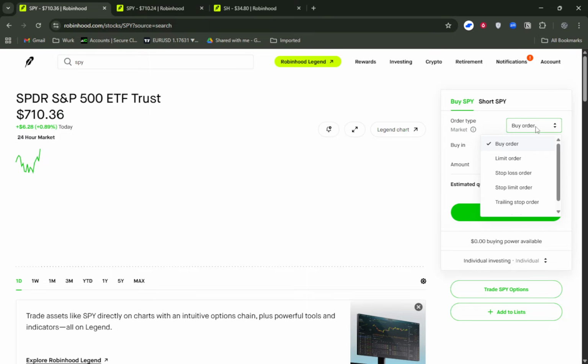If you want to trade SPY more actively in the short term, the idea is simple. Buy when you think the market is going to rise and sell after the price moves up. Because SPY trades with very high volume, you'll usually see tight bid-ask spreads and quick order execution, which is helpful